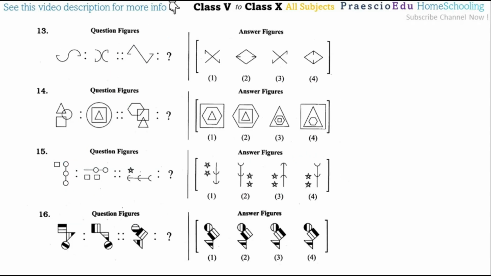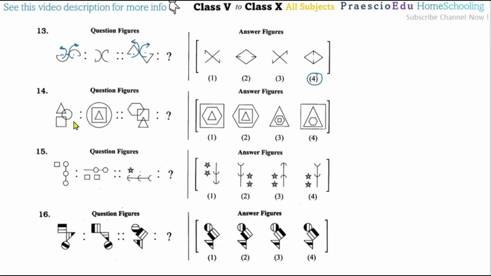Then question number 13. These are the two halves, okay, this part and this part. Now at the center, this part is revolving like this and this part is revolving like this. Okay, so same with this one also, this is the center, this is the center. Now this part is revolving like this and this part is revolving like this. So as per this we are getting option number 4's correct figure.